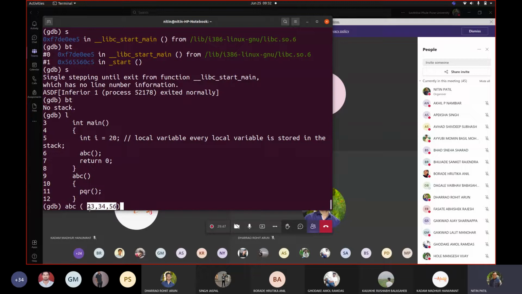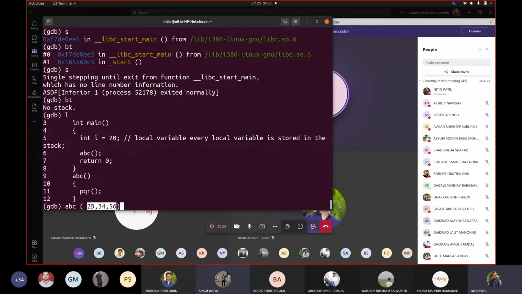Can we change the order of the parameters? Suppose I, J, K are 3 parameters for my ABC. While calling, I pass K, J and I. Do I pass that way? No. I always pass with respect to I, J, K, from left to right. Can I change the order of parameters? If I is the first parameter, J is second, and K is third, then this 23 should be associated with J only, no?